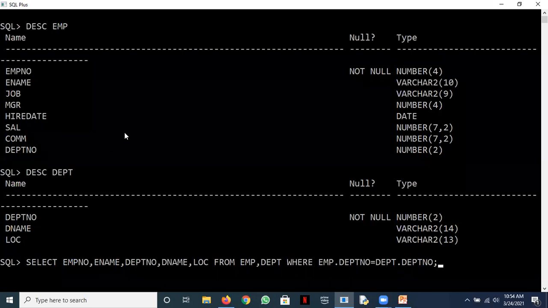So what do we require in a join? After from, we write the names of the tables which should be joined, and then a join condition. If you're joining two tables, there should be at least one join condition. If you're joining three tables, then at least two join conditions, and so on. So will this work, or will it give some problem? Raise your hands whether this join condition is going to work or not.